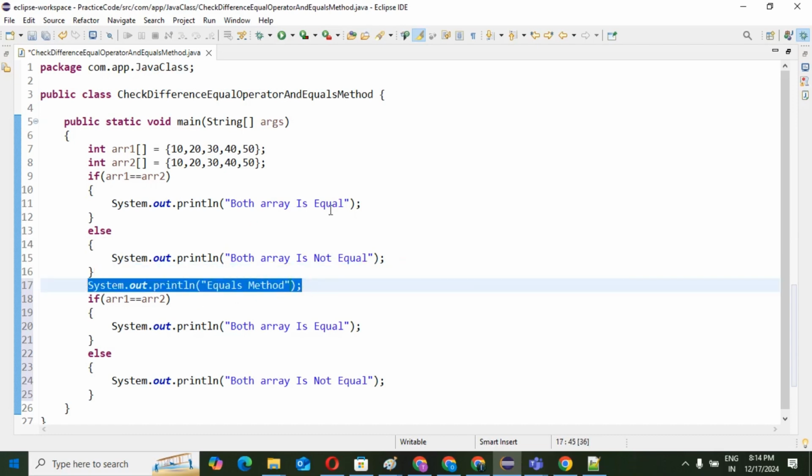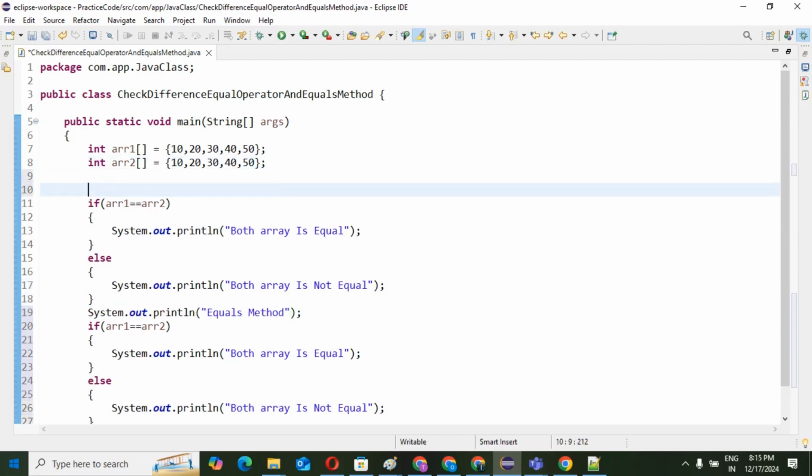I can write this thing in this place: checking double equal operator. Operator, not method, you can remove this thing and put checking in this place.